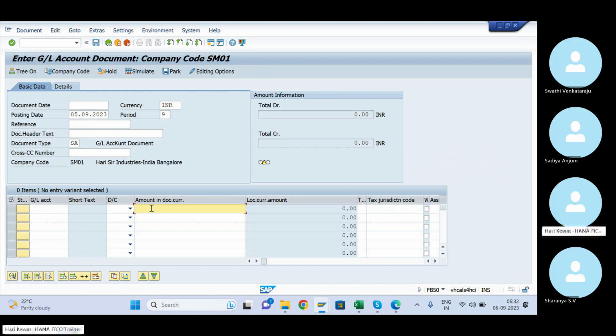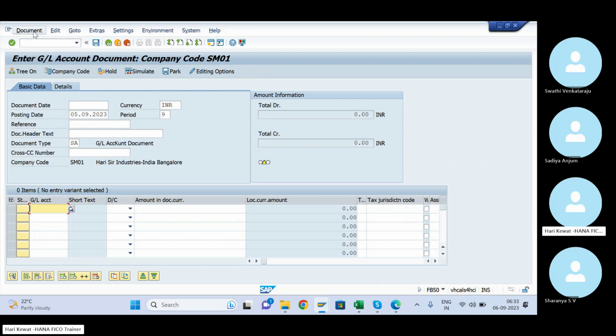Any incomplete document, where you know only the debit side but not the credit side. You are just entering the document, and in the meantime you want to go outside. By the time you come back, your SAP will be shut down, it will be logged off. So you want to just hold the document, and after one hour start again from that journal entry. So with holding, you can do that.